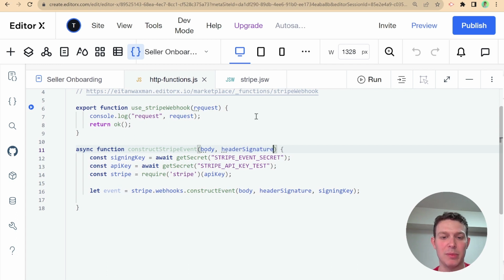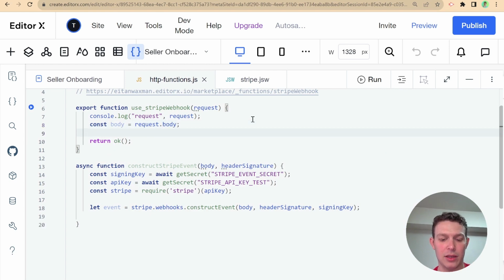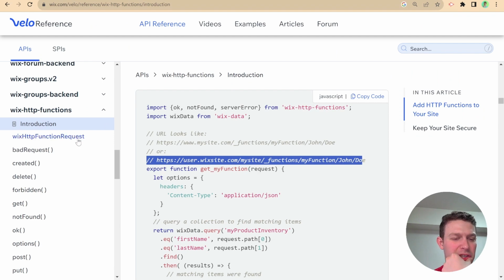And these are two things that we're going to be getting from the request. So we can say here const body equals request.body and const signature header equals request. And here I need to take another look at the HTTP functions